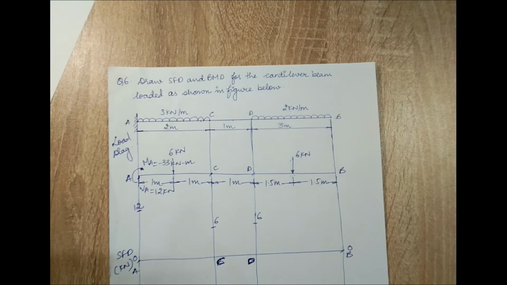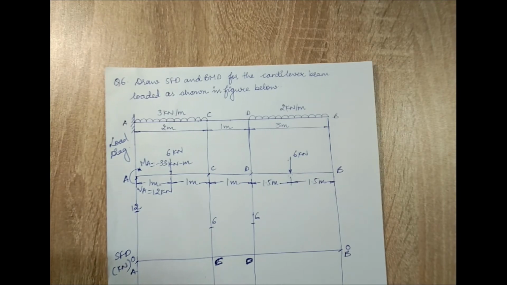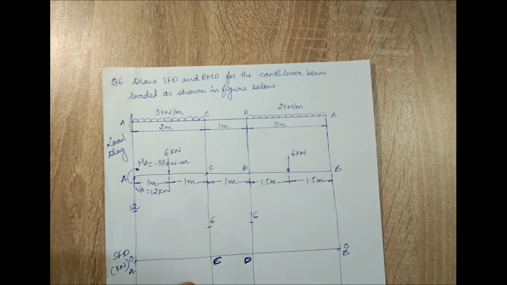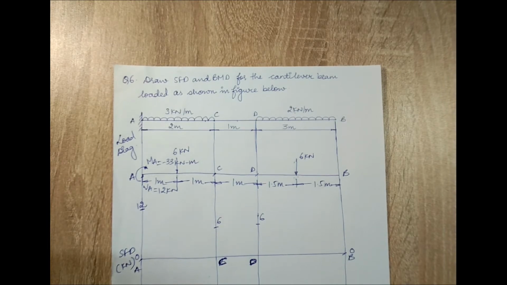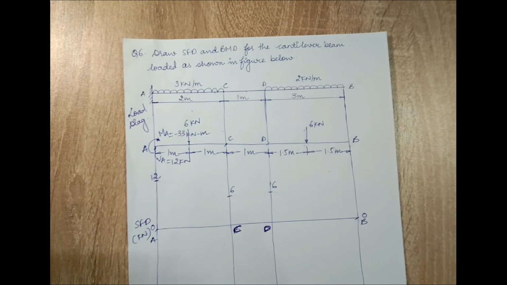Now here plotting is going to be a little different than what we have plotted in the point load condition. If you recollect the table that we had drawn, when we have point load, then the SFD is going to be a constant line and BMD was a linear line. For UDL, in case of SFD, the line is going to be linear, and for BMD, the lines are going to be parabolic.